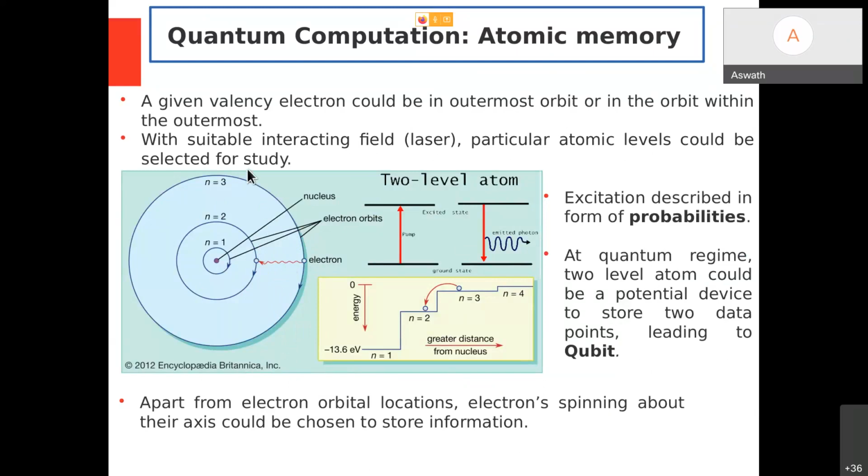So I'll take a snapshot of this small region and write it here. I can't always draw these circles, the orbits, so I'll just take a part of it. The one close to the nucleus I will call the ground state. The one away from the nucleus I will call excited. When I supply a photon, the electron can absorb it and stay in the excited state for some microseconds. After that, it can't stay in the excited state forever.